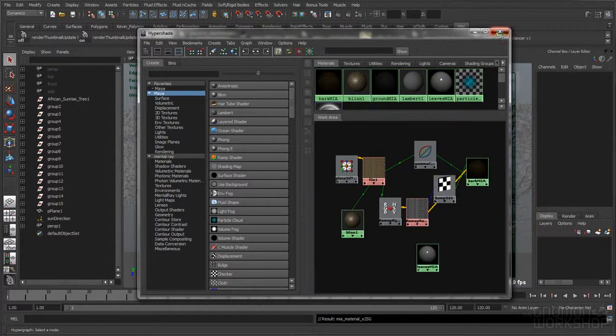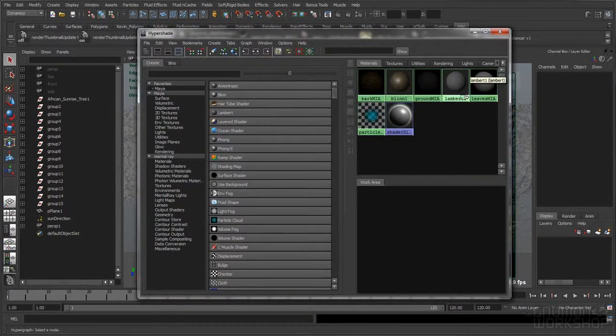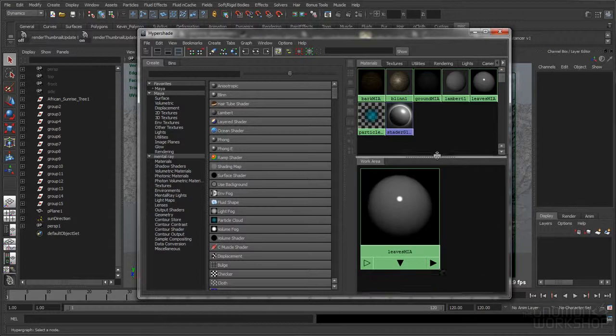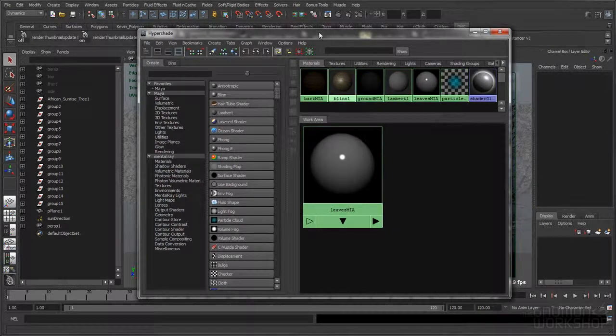So cool. Now we've got our scene set up with physical sun and physical sky. And we've got our trees, and we've got our tree bark shader blocked out, even though we need to change the repeats on a couple of the trunks. And then finally, going back to Hypershade, we have our leaf shader, or leaves MIA, and that's the next thing that we want to block out. So for the leaf shader